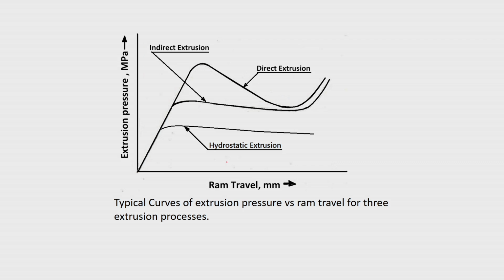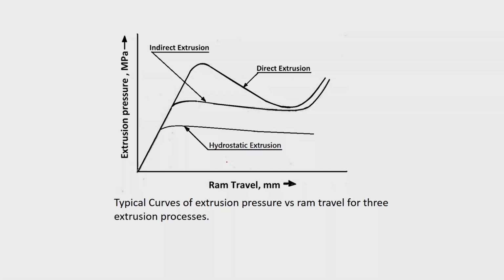So, you should have an idea how much length you will get, and when the necessary length is obtained you have to stop it, because there you cannot have a limit switch inside and other things, because it is hydrostatic pressure you are applying. There is no movement of any ram or something. So, that is the only drawback. So, you will find that here the stresses, the load, is very less for hydrostatic extrusion, because there is no friction coming into the picture.